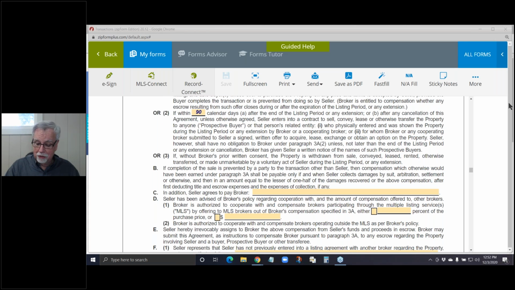There's still more. There's more ways to earn money under this agreement. Look at paragraph 3. If without broker's prior written consent, the property is, this would be number 6, withdrawn from sale, 7, conveyed, 8, leased, 9, rented, 10, or otherwise transferred or made unmarketable by a voluntary act of seller during the listing period or any extension of any extension. So unless you've put into your listing agreement what is sometimes referred to as a weasel clause